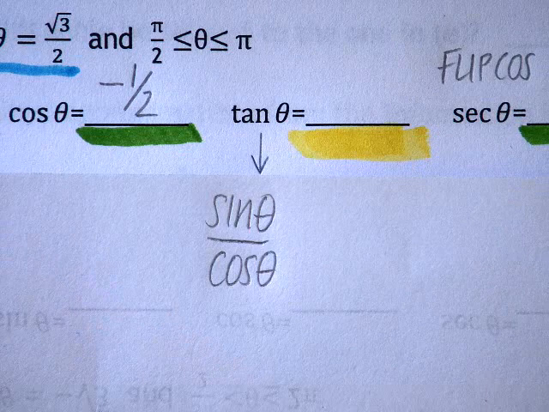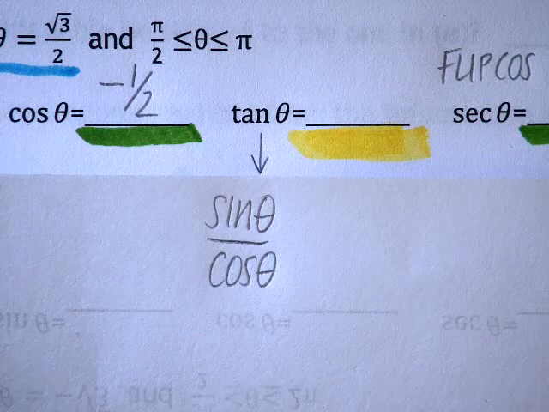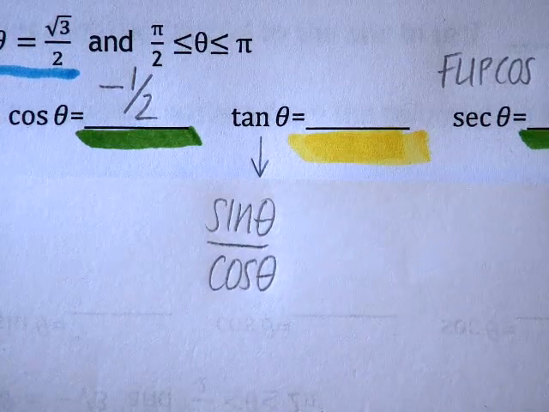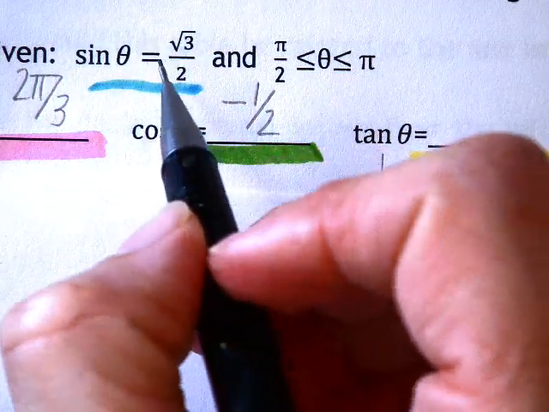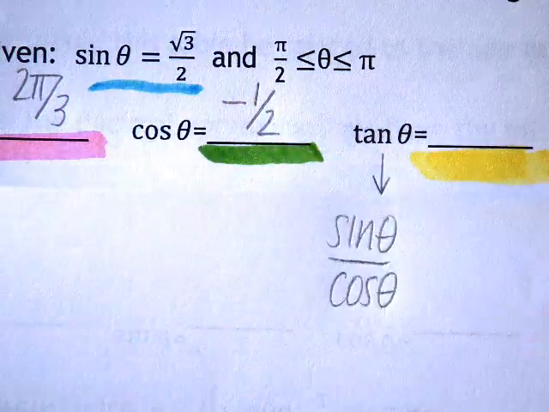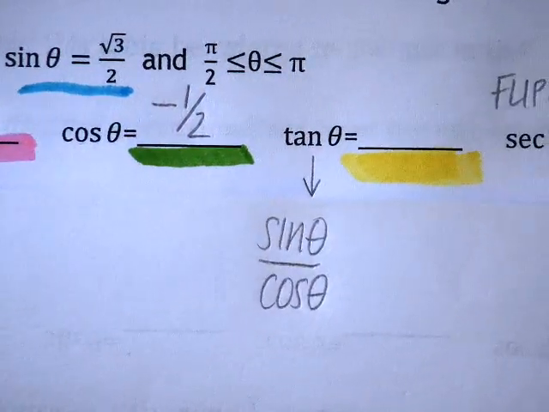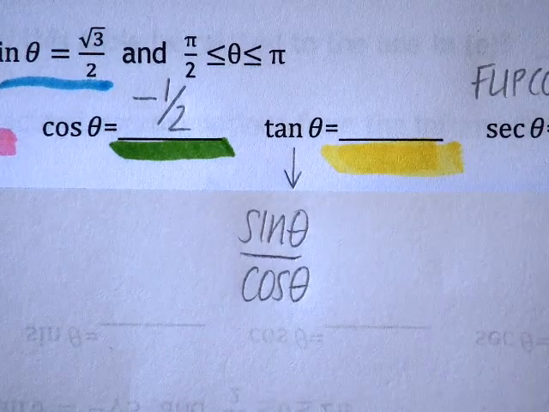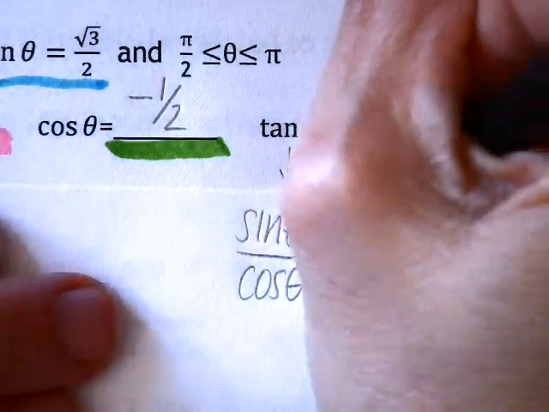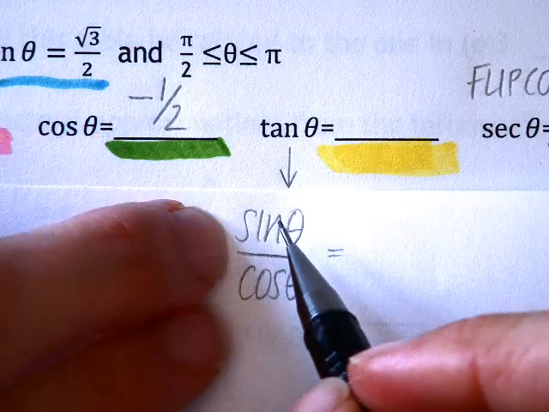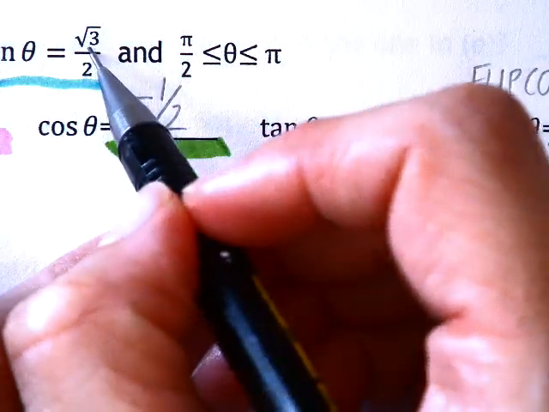Now, usually we have to find that information, but good news, we already have sine and cos. Those are answers that they either already gave us, like sine, or that we already found, like cos. So the only thing we'll have to do is that keep, change, flip action, which we can definitely handle. On the top of my tan formula is my sine answer, so I'm just going to reuse the number they